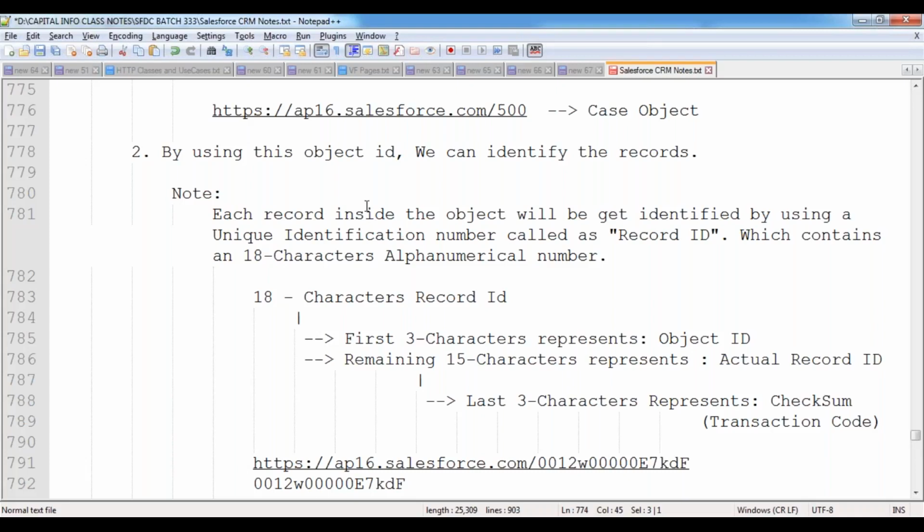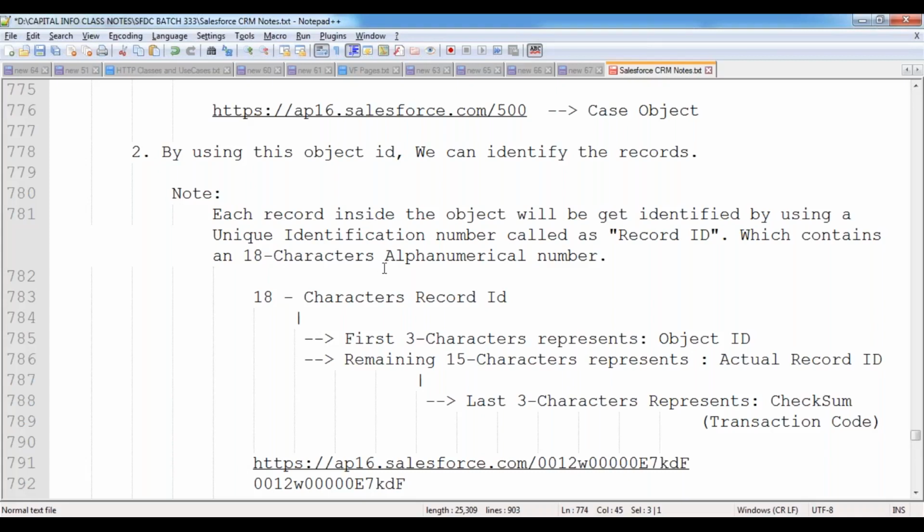Now, whenever we create a new record inside an object, for every record Salesforce allocates a unique identification number called the record ID, which is an 18 character alphanumeric number allocated by Salesforce. From those 18 characters, the first 3 characters represent the object ID, which indicates to which object this record is associated.